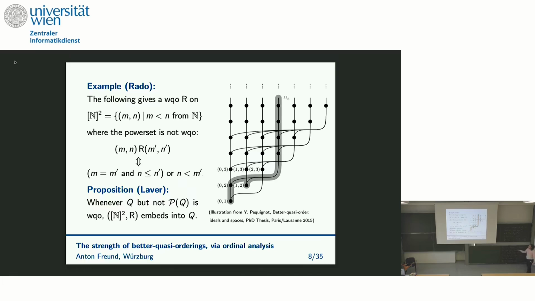This is taken from the PhD thesis of Gentzen, who also wrote a very nice introduction to better-quasi-orderings that I'll cite later. So I want to acknowledge where I took this picture from. This illustrates this ordering R. What R does, first of all, these columns, they are ordered from the bottom up. But then secondly, for example, this element (0, 2) is smaller than the element (3, 4), I guess, because the second component 2 is smaller than the first component 3. That's what these